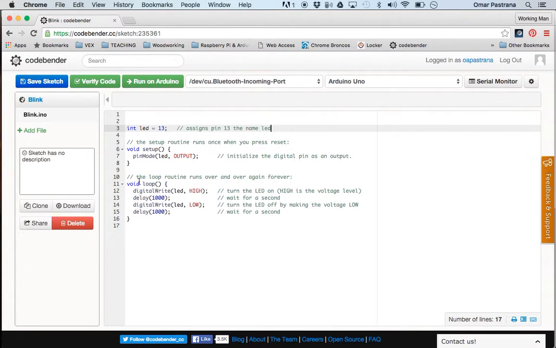Before our setup and before our loop, we're going to have comments as well to let them know what's going on with that loop or setup. Also, if we create a function, there's a lot of stuff going on, but before that, we'll have information about what that function does and why we have it there. After each line, you can see we have a comment to let them know what's going on in that line